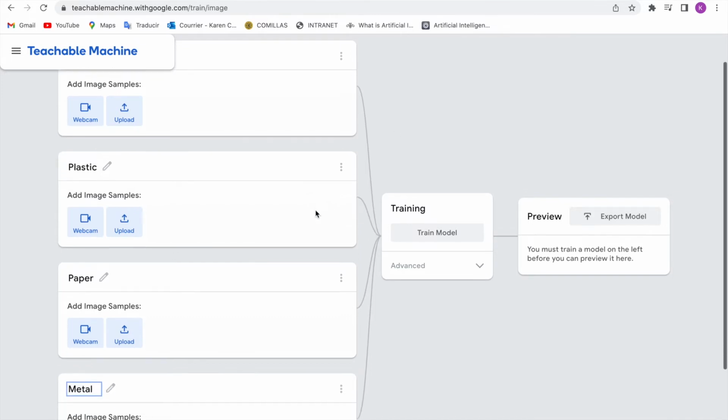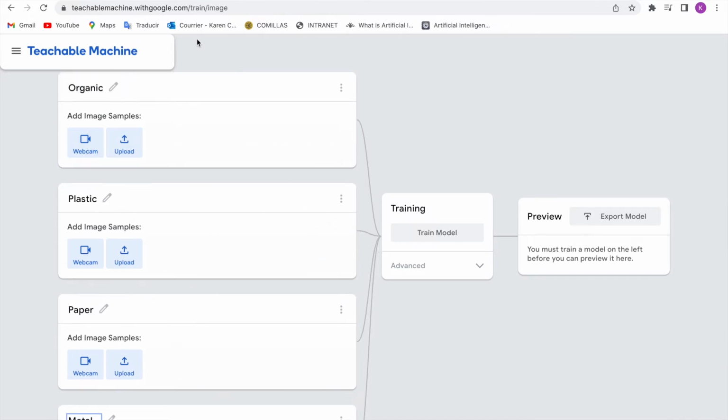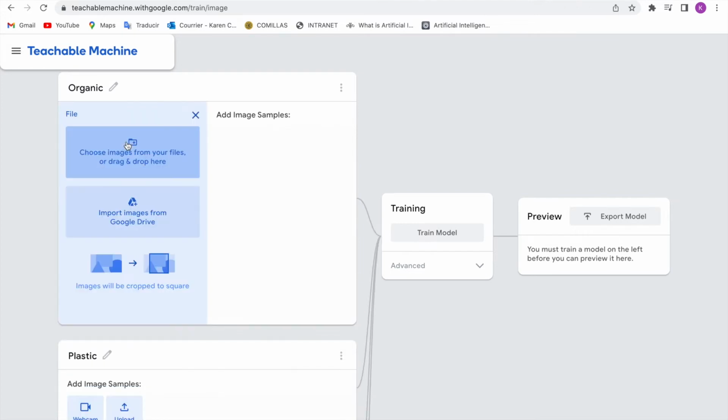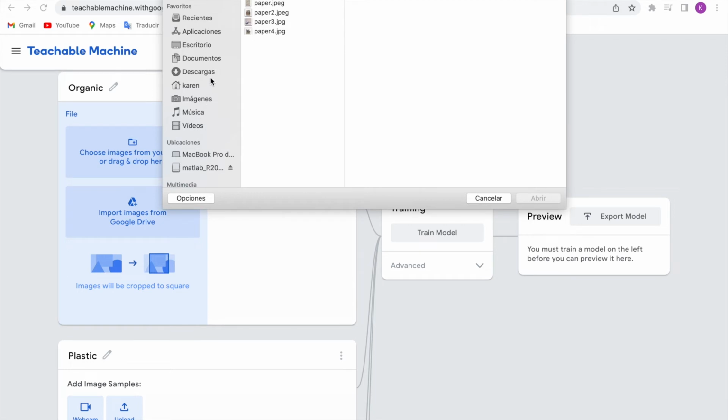So, as we can see in these classes, this is going to be our training data. We can add the images through the webcam or uploading them. So to make it easier, we're going to upload them. So we're going to click upload, choose images from your files, and I already have prepared my training folder.